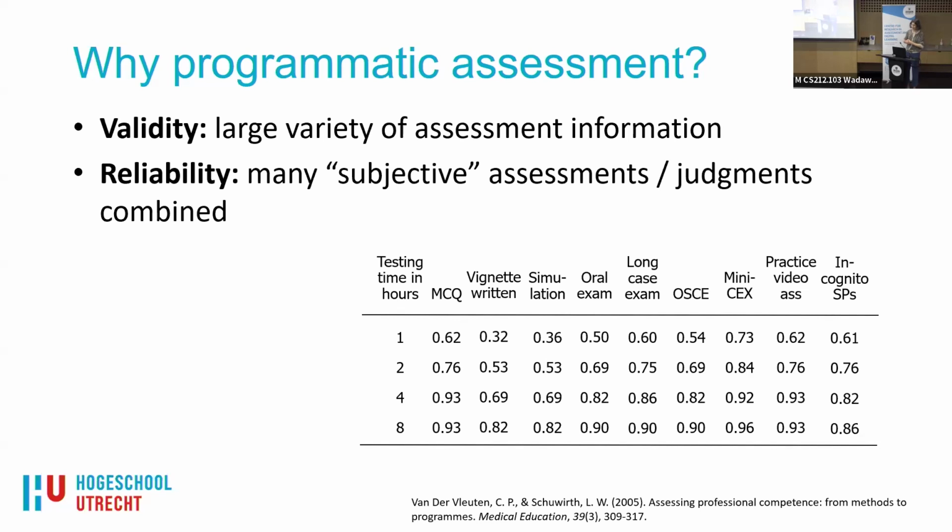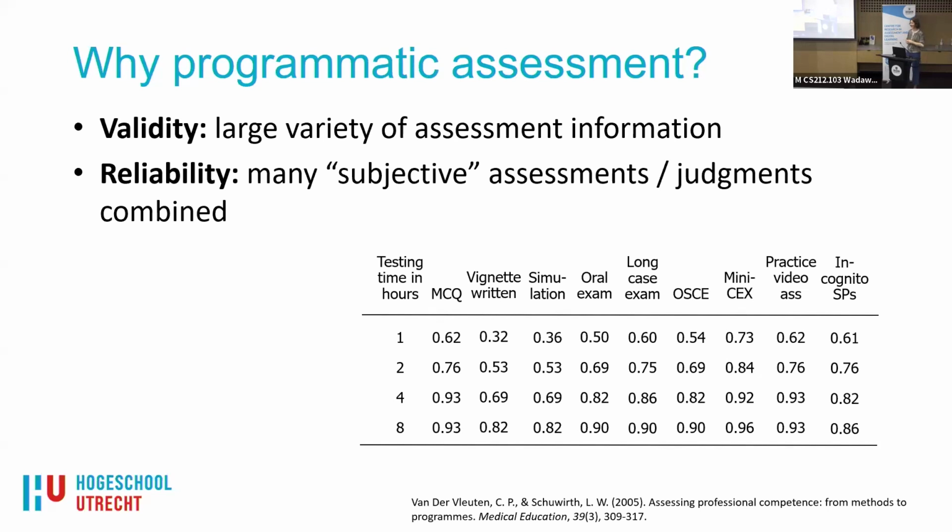And the other, you see the testing time in hours. And the main message that this table shows is that when you have very short testing time, any assessment method is unreliable. You see 62, well, psychometricians would say that it should be about 0.80. So testing time is really important. But also when you see testing time is 8 hours, it doesn't mean it has to be an assessment of 8 hours in one shot, that would be horrible. So it's a testing time